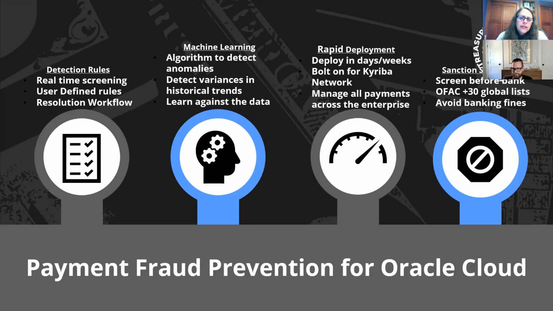Finally, we also offer sanction screening, which everyone is getting done at the banks, right? The banks have to do sanction screening. And we have 30 global lists that are available. But once it gets to the bank and it's identified, then you have a lot of other issues, because the bank has to notify the government that you were trying to send a payment to someone on a list where you shouldn't be sending that payment. If you back sanction screening up internally, then you identify those risks internally and it never even makes it to the bank. So we have some ability to do some things for you there.